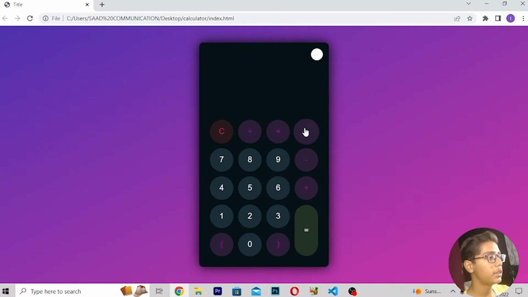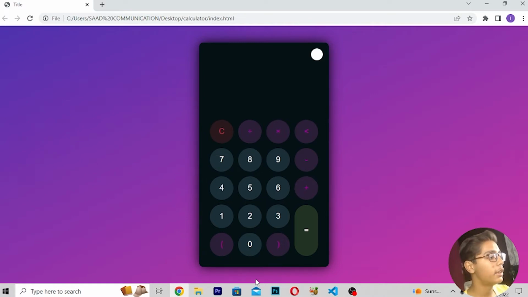You can plus, you can also do minus. If I show you, you can see this is the minus. And if you want to divide here, you can also divide it. You can see the answer is 3. So this is how this calculator is working, and you can see how cool looking that is. You can also use the keyboard to write these numbers here, but I have not put that functionality in. You can also put that functionality if you want. And we are building this amazing calculator project using math operator shorthand and JavaScript.